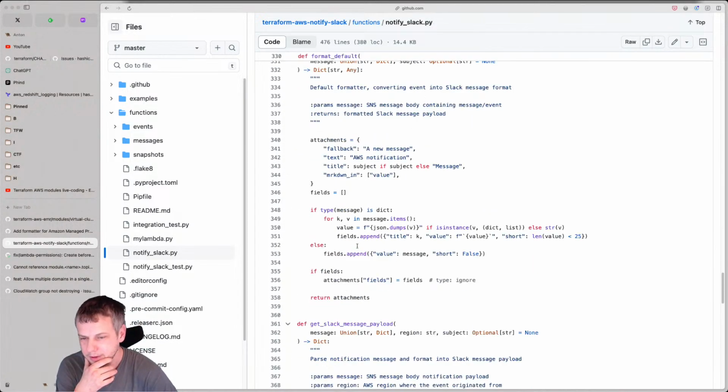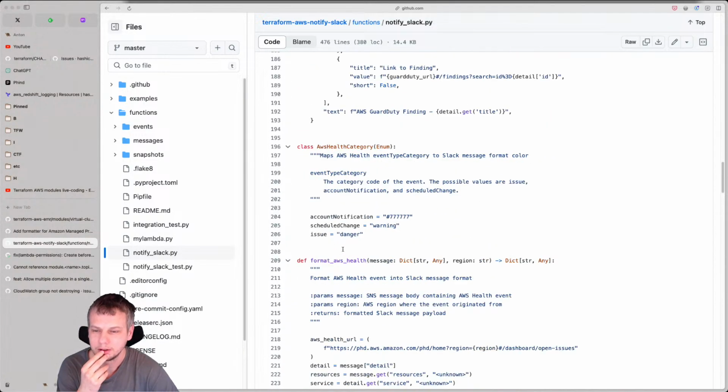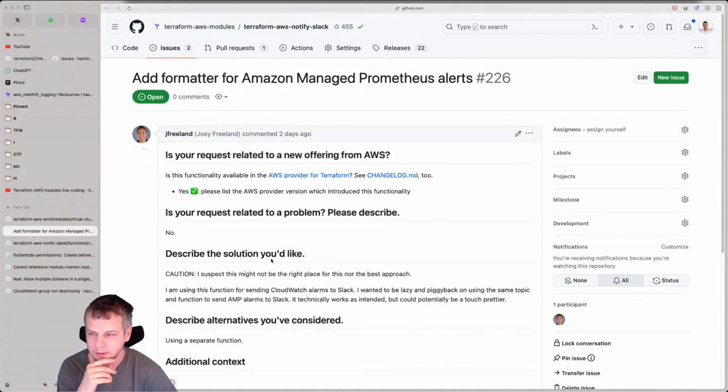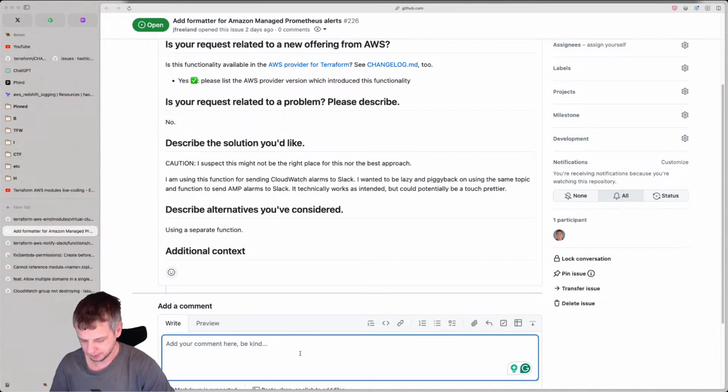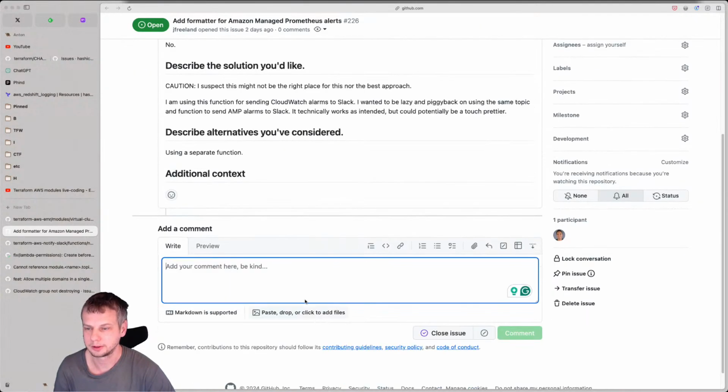So what I think we can do here, yes, we should add support for even more formatters, because that's a very common pattern I see here. People start using it and then they integrate with another service, and we don't have support for it. So, what was the question? Add formatter.